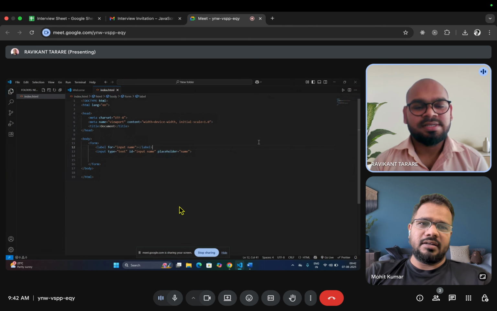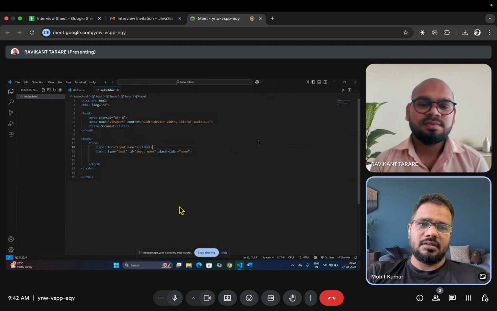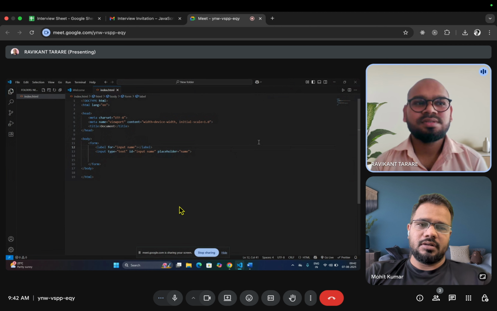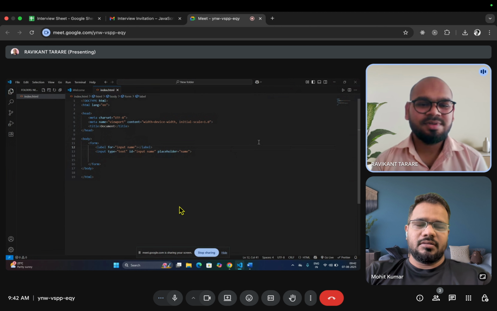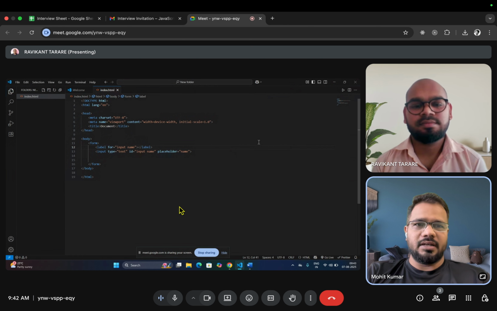And in let, you can reassign. Yes, we can reassign the value in case of let only. And var is similar to let, but redeclaration is also allowed in var. Actually, var is function scope and the other two are block scope. Yes, block scope. What about hoisting? Which one has hoisting, and which one does not?